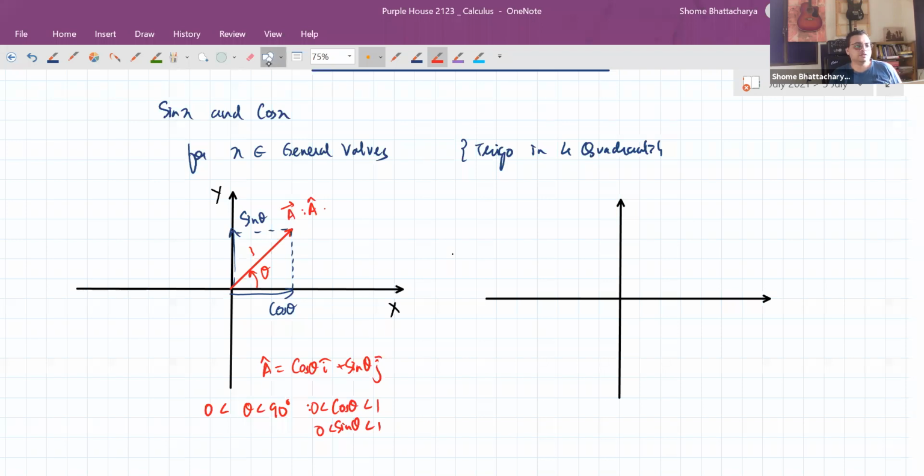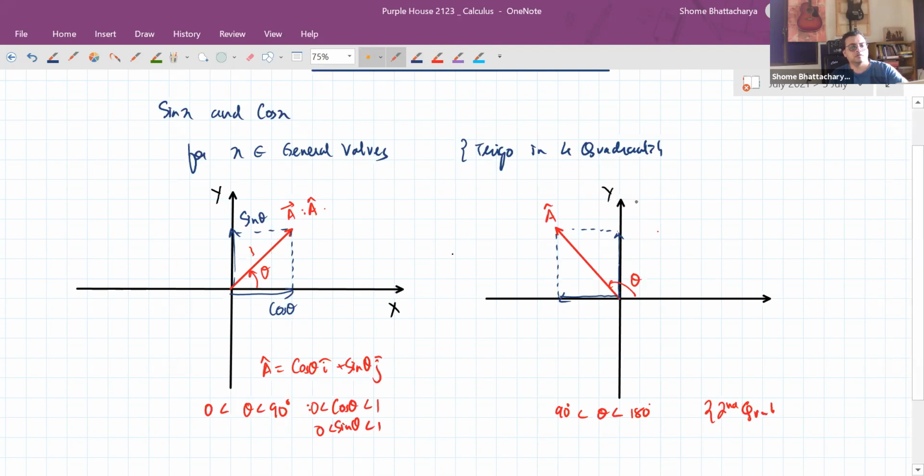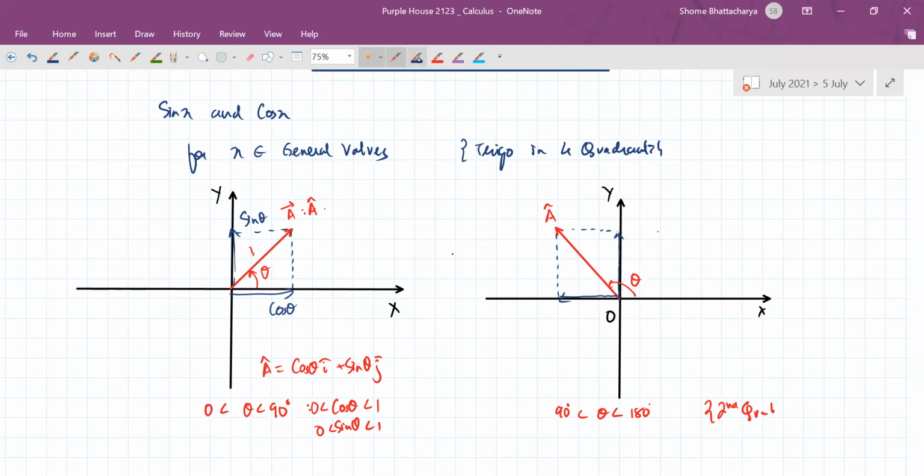But the moment we talk about theta being in the second quadrant, theta is like this. It's between 90 degrees and 180 degrees. We're in the second quadrant now. So now when we express this unit vector, you can see that